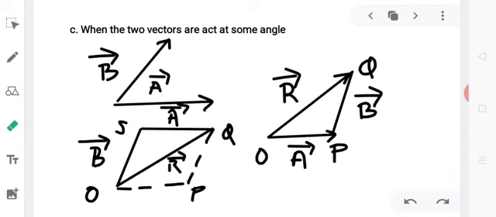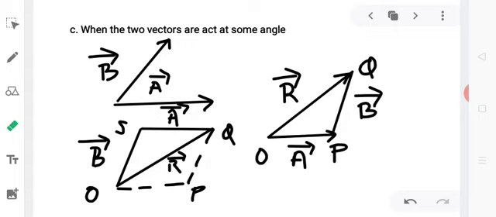Coming to the third one, when two vectors act at some angle. Let the two vectors A and B be acting at some angle to each other. To find the resultant R, coincide the tail of A to the head of B. Then the single vector R drawn from the tail of A to the head of B